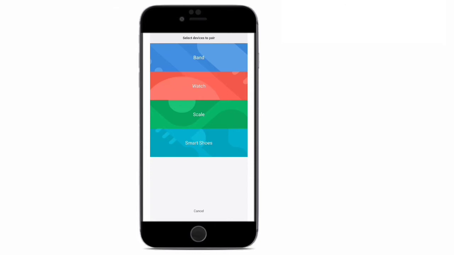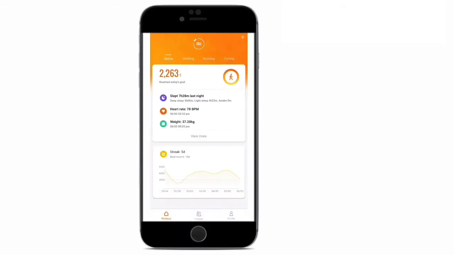So if you have any Mi product related to this, you can connect those Mi products to a single app. So guys, how cool is that? You need not download n number of apps and fill your mobile storage by downloading many apps for each and every product. So now let's directly go to the status panel and home interface to go to the next features.